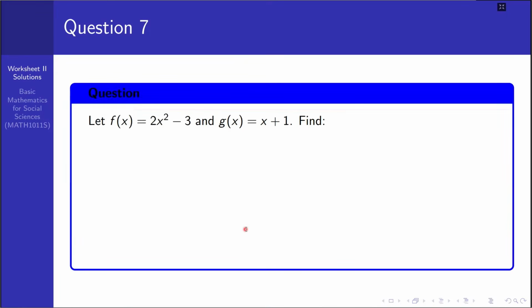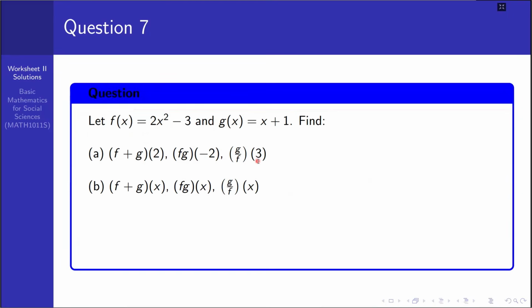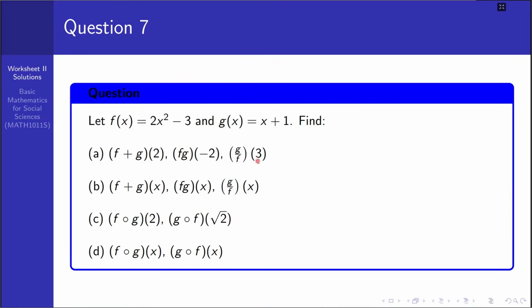Okay, next, using that formula በሚሰጠን ጊዜ, let f of x be 2x squared minus 3 and g of x be x plus 1. ስለዚህ ይሄ ኦኬ, ኦፕሬሽን ኦን ፋንክሽን የተጠየቅ ነው። መጀመሪያ የምንተጠየቅን እዚህ ጋር f plus g of 2, f times g of negative 2, g over f of 3, f plus g of x, f times g of x, g over f of x, fog, gof, fog and gof again። ስለዚህ እነዚህ እናያለን ማለት ነው። አሁን ሁለት ነው ኦፕሬሽን እና ኮምፖዚሽን using that formula።